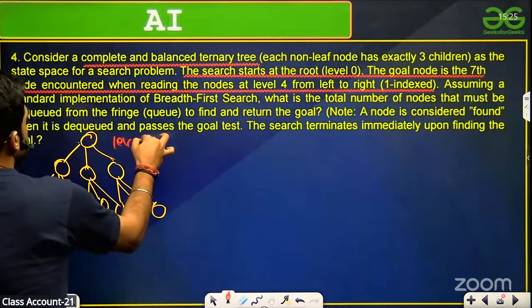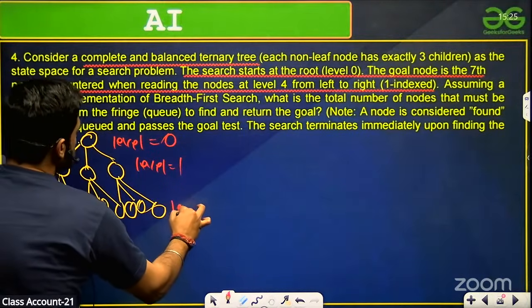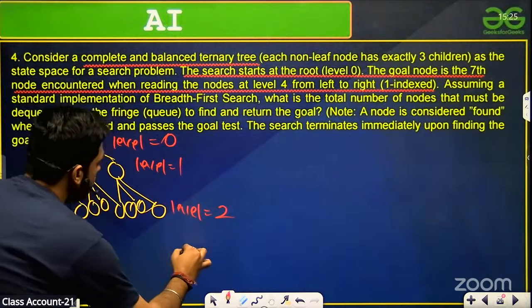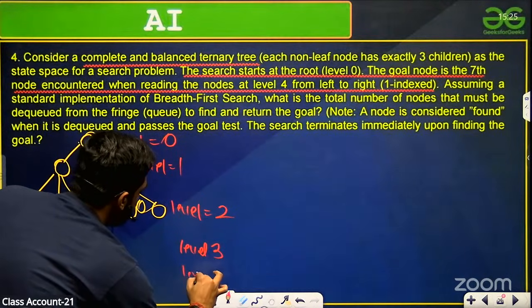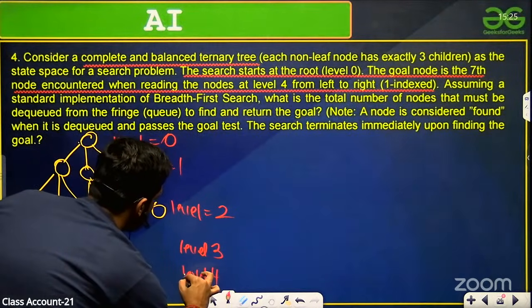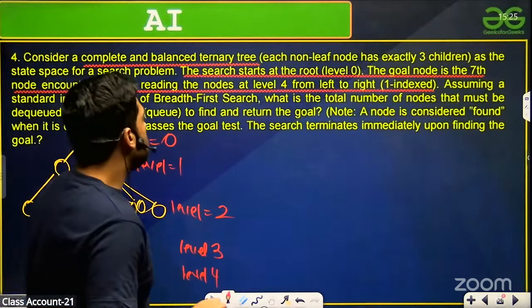Okay, so this is level 0, this is level 1, this is level 2, and we have level 3 and level 4. Okay, now he says